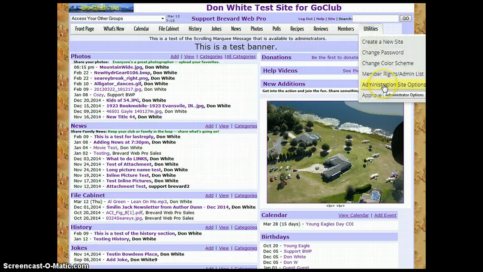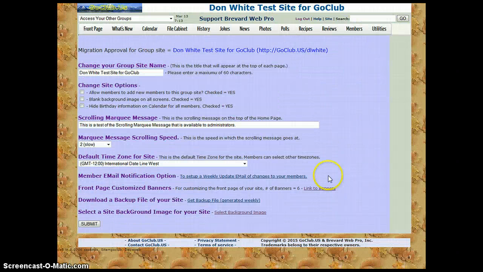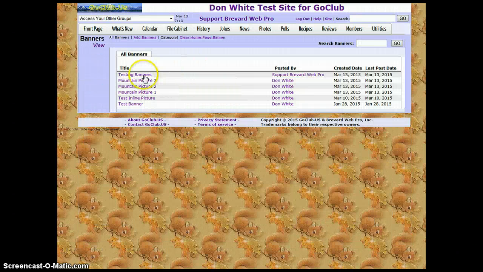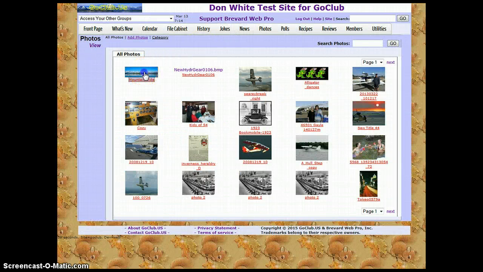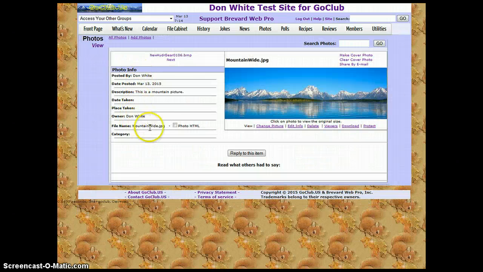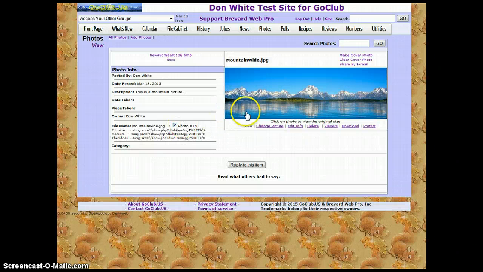The best way to do it, again, going to Site Options, the banners, and we're going to take a look at one of them that we already have, this Mountain Picture 1. Now I've included this as a picture to my photo album. So I'm going to click on the photo albums, and it's called Mountain Wide. And there's a new feature here called Photo HTML. So once you add a picture